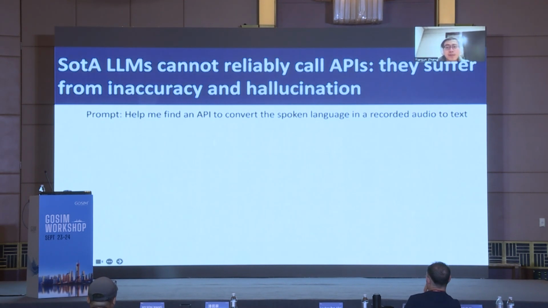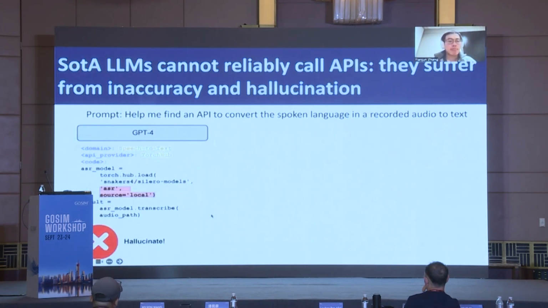And so here's, like we discussed, the pros and cons for our model. Let's actually take a look at how the comparisons of the model-generated APIs are doing. So here's the GPT-4 results. It generates some ASR model, which is torch upload, but it hallucinates because it has the source equals local, which assumes you have a local file in this laptop. But I may or may not have a local file in this laptop.